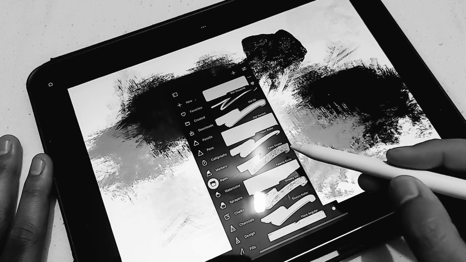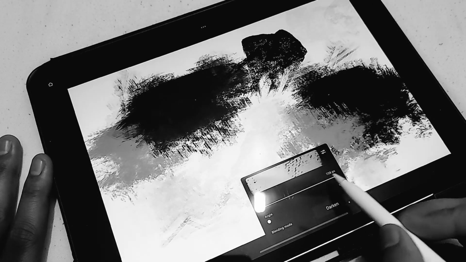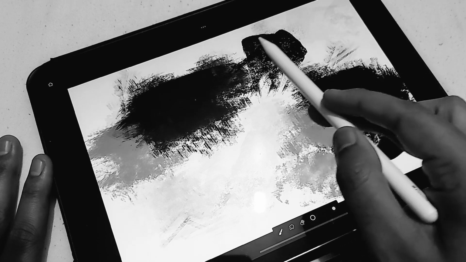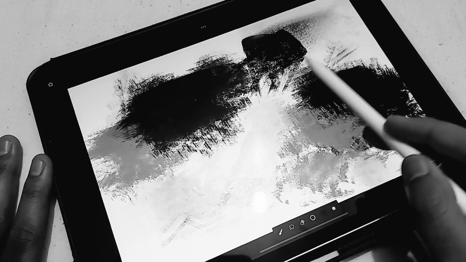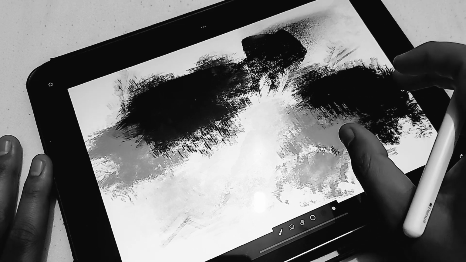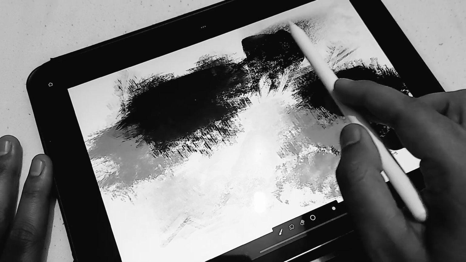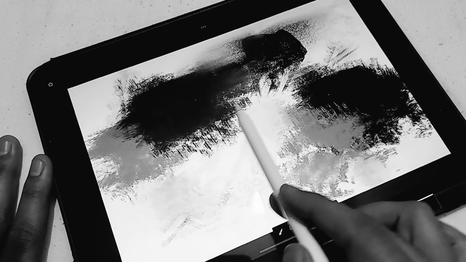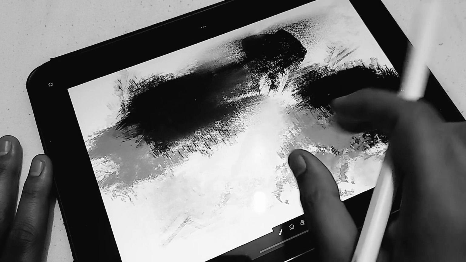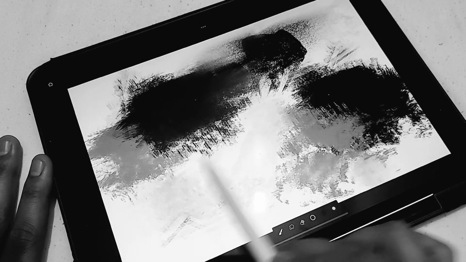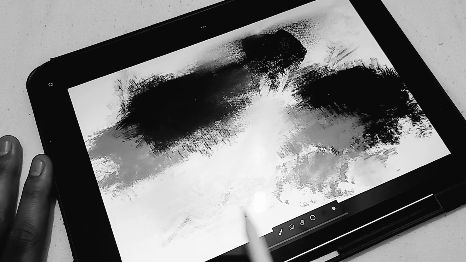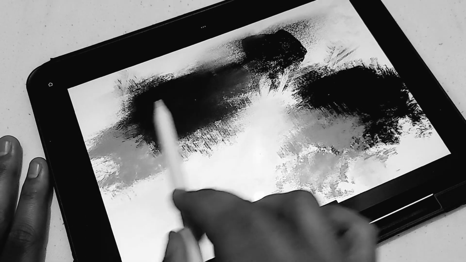Usually when I paint abstract artwork, I prefer jazz or blues, something very mellow, relaxing and calm, which makes me feel at ease and sets the mood for me, and then I start to paint. So yeah, give it a try. Try different types of music and see where it takes you.